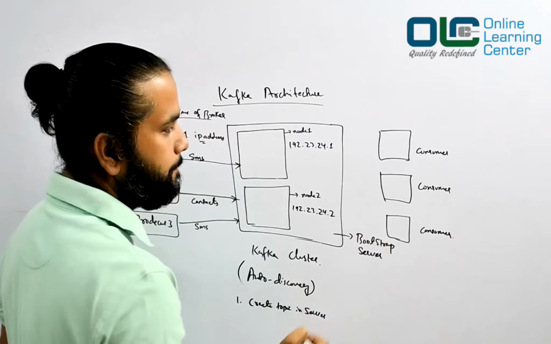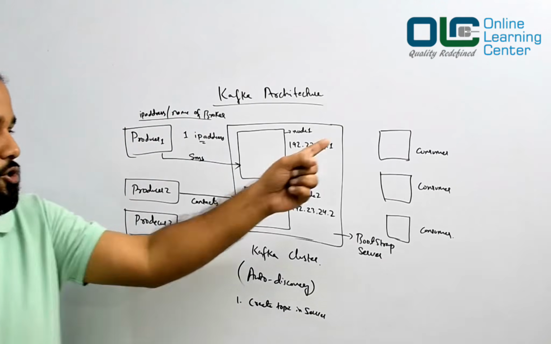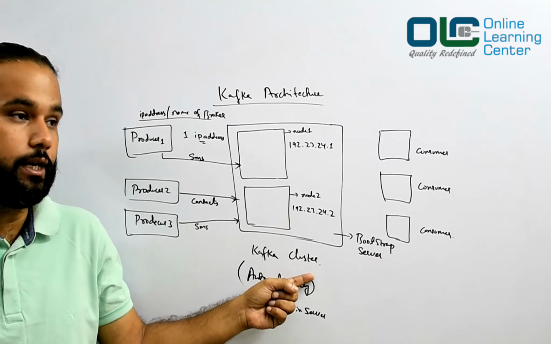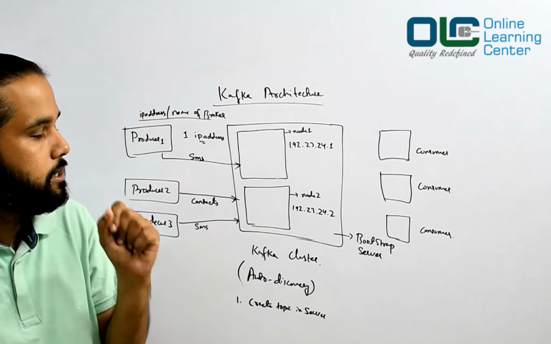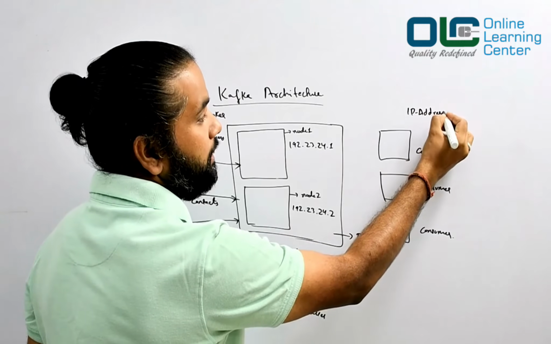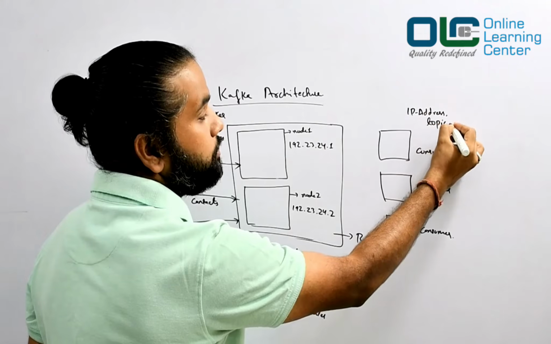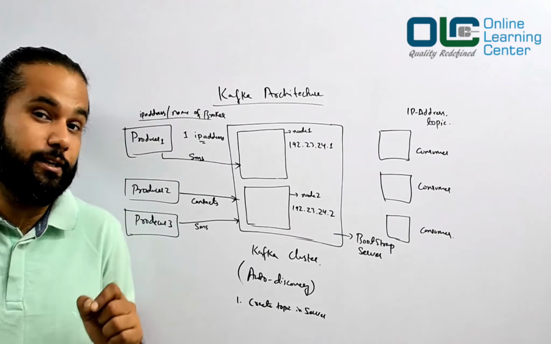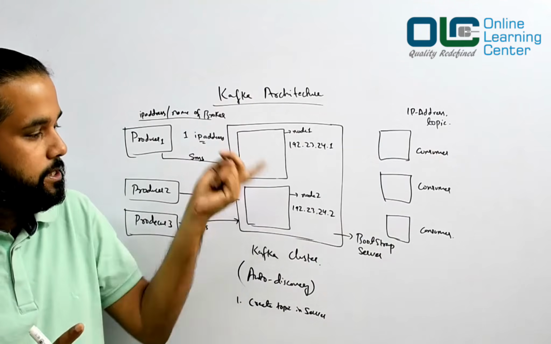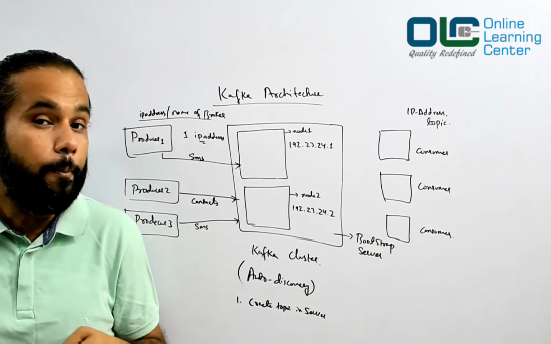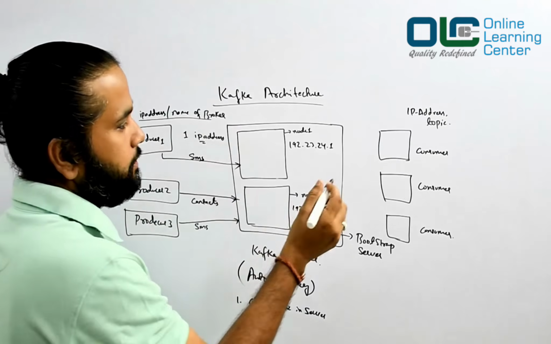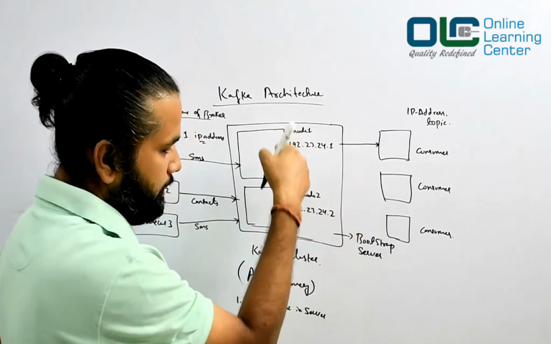Okay, and on the other hand, what you have is your consumer. This consumer is supposed to read the data from your Kafka server or cluster, isn't it? And what does this consumer need? This consumer needs the IP address of at least one system. Only one system should be okay, and the topic from which it wants the message to read. Okay, so the consumer needs only 2 pieces of information: the IP address of any of the servers, the bootstrap servers, and the topic from which it wants to read the data. Simple. Okay, and once it is done, it will start fetching the data from the respective servers.